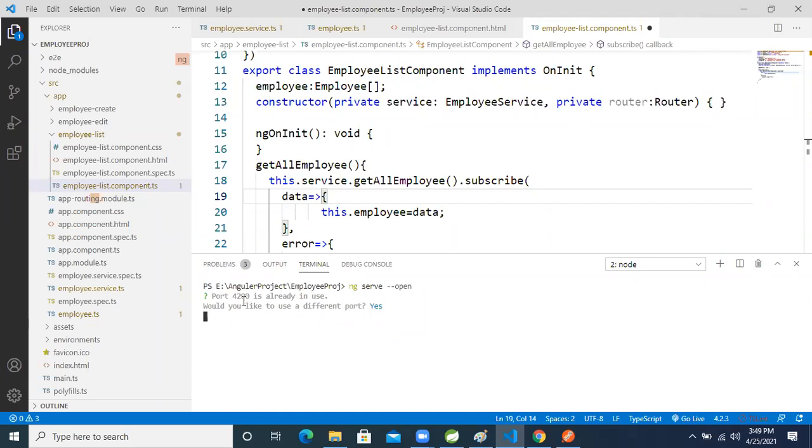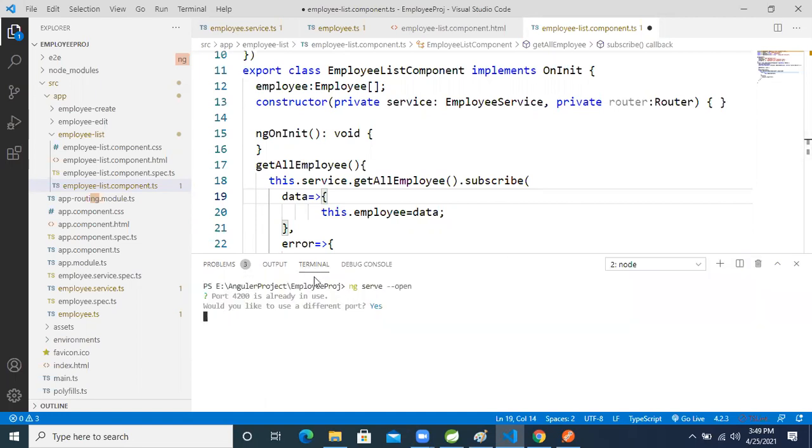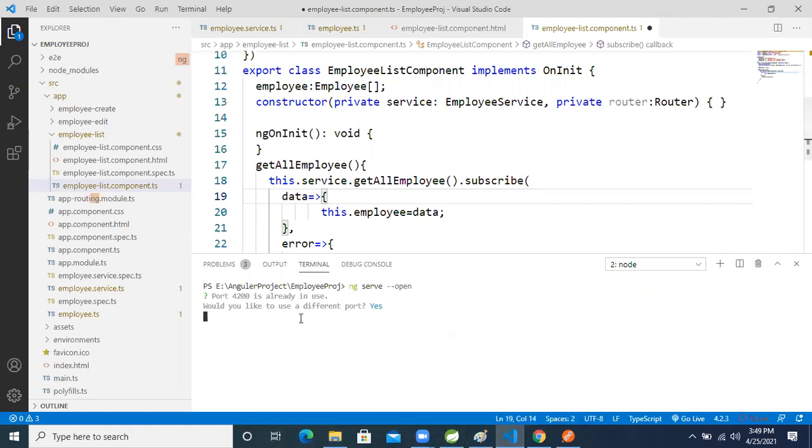It's saying that 4200 is already in use. I think in one of the terminals it is already running, sir.